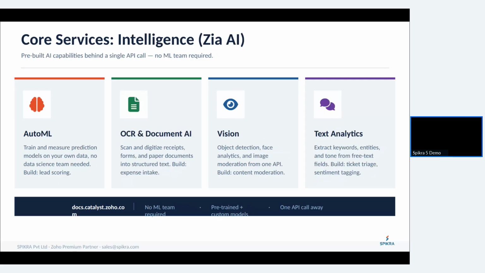Next, there is AI. So we all know this is the era of AI. So everybody is doing AI, AI, AI. Zoho also does AI. So Zoho also provides auto email features, OCR, document AI, vision, and text analysis. I'll explain each of them one by one. Suppose